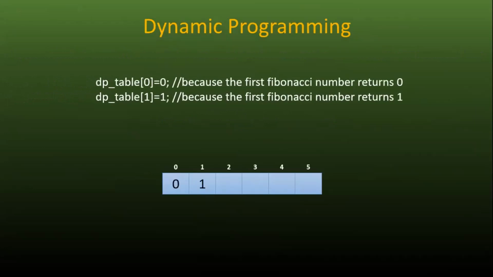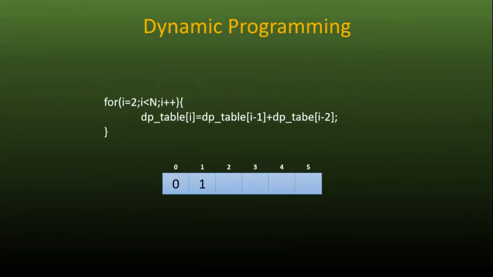We just saw in the previous recursive solution that the first Fibonacci number is 0, so we put 0 in the first index. For the remaining indices, the result is obtained by adding the previous two results. So we run a loop where the value of every DP table i is obtained from DP table i minus 1 and i minus 2. So here you can see how we are reutilizing the intermediate solutions that are stored in the DP table. Since we are trying to find the 6th Fibonacci number, the ultimate result will be stored in the 5th index position.